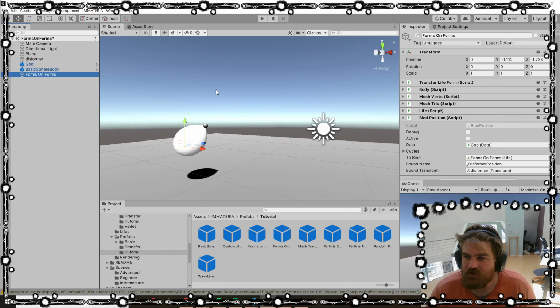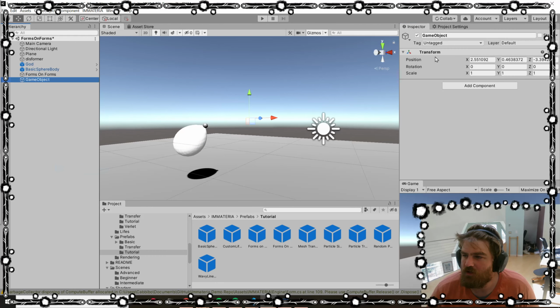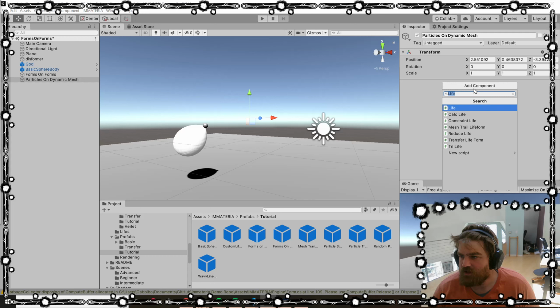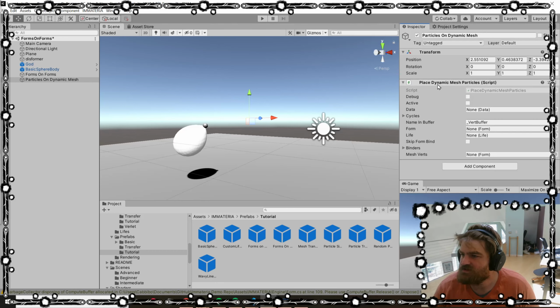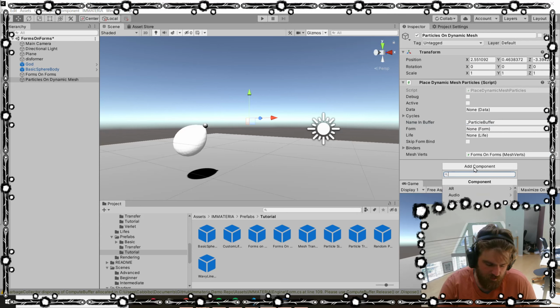So the first thing we're going to do is create a new game object, and we'll call this particles on dynamic mesh. And we're going to add a simulation to that. The simulation that we're going to use is going to be called place dynamic mesh particles. The name in the buffer there is going to be particle buffer, actually. And then we're going to need a form, a life, and a mesh verts, which is going to be our mesh that we basically place the objects on. So the mesh that we're placing the objects on is our GUI mesh. Our form is going to be